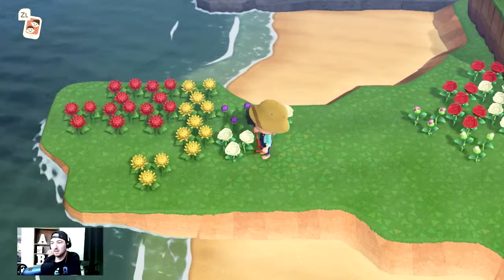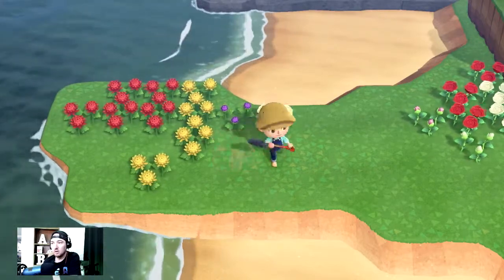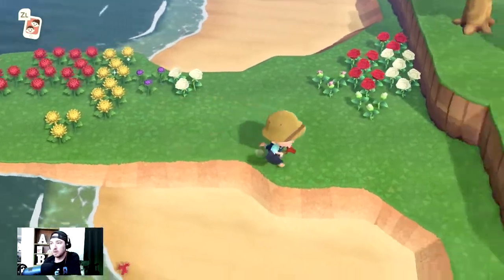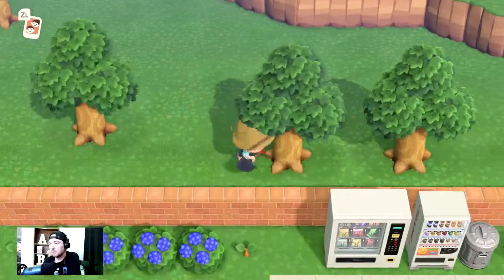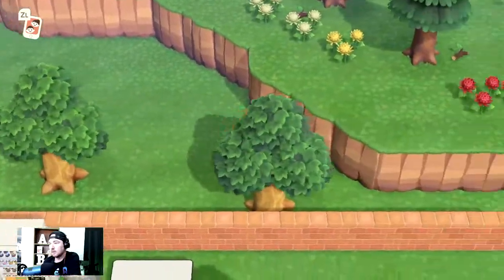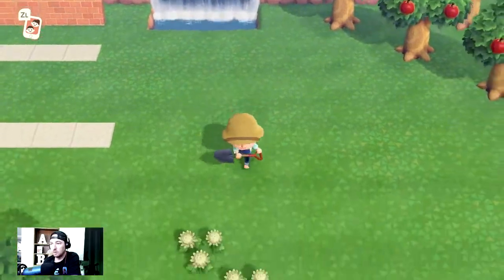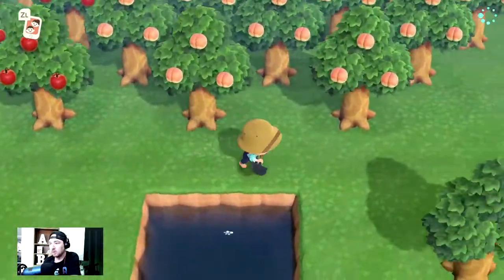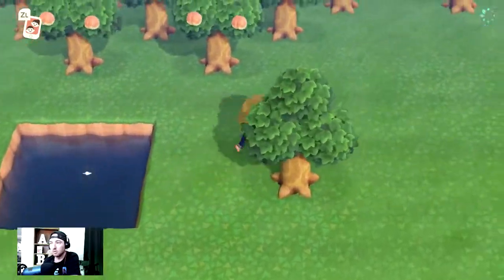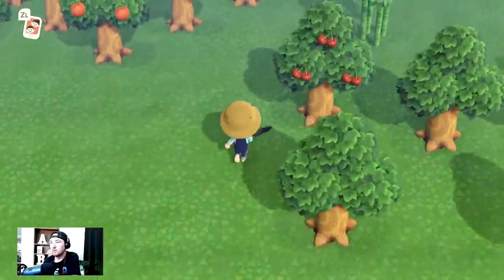So let me grab these, and that'll be good. I should probably grab some of my natives, but I can grab those anywhere. So as you can see, this used to be a river, and I just ditched the river to make it easier for me to move around the island. There used to be a bridge right here, which is why that's not filled in. But here is the area